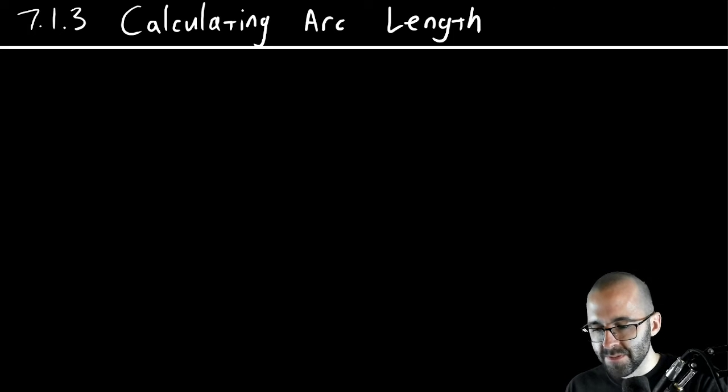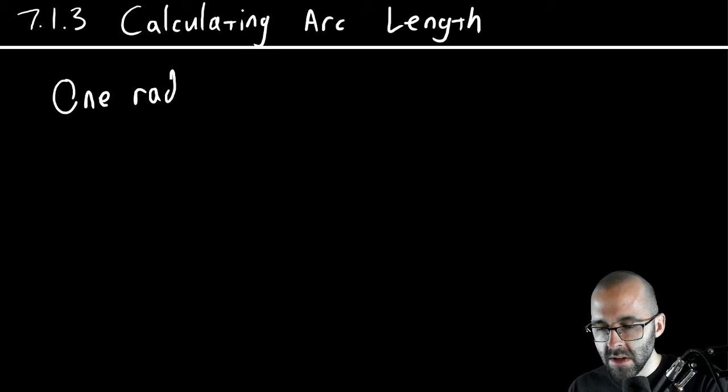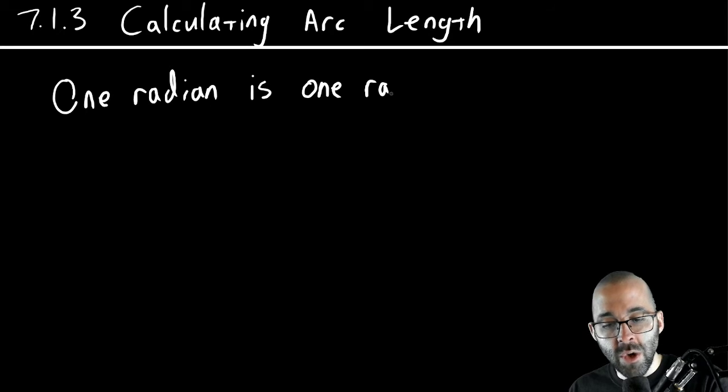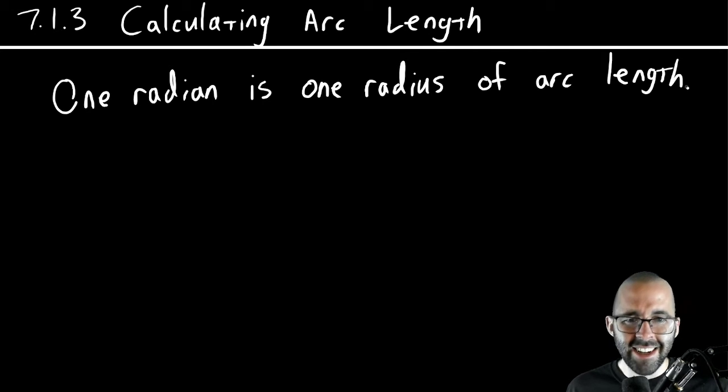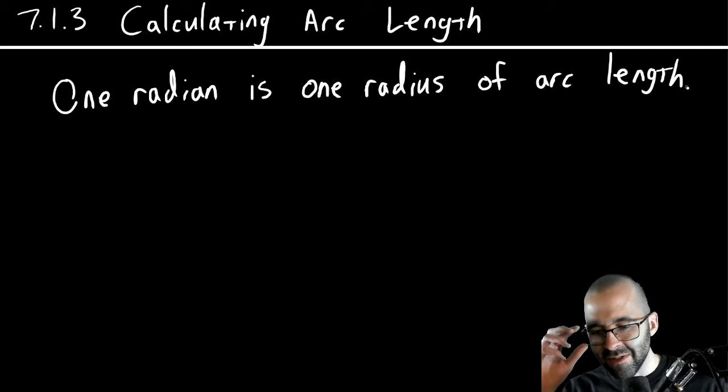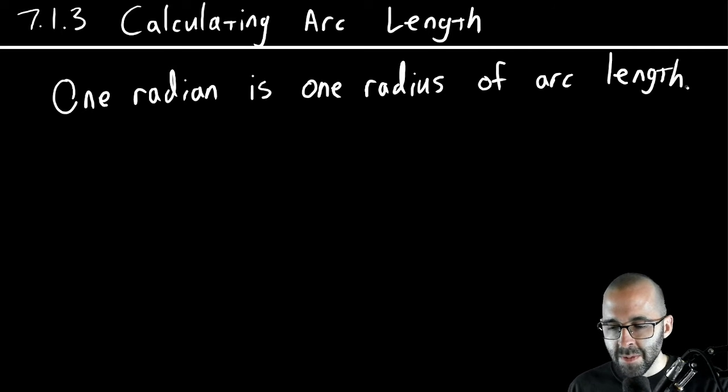The big surprise is that 1 radian is 1 radius of arc length. That might not look that exciting or might be a little confusing, might not make sense, but here's what I mean. So if I look at 1 radian